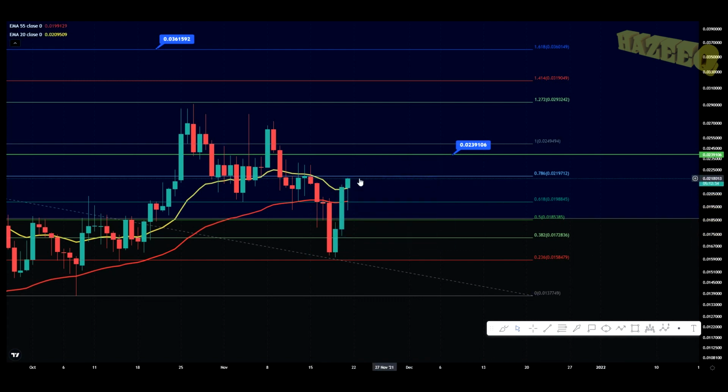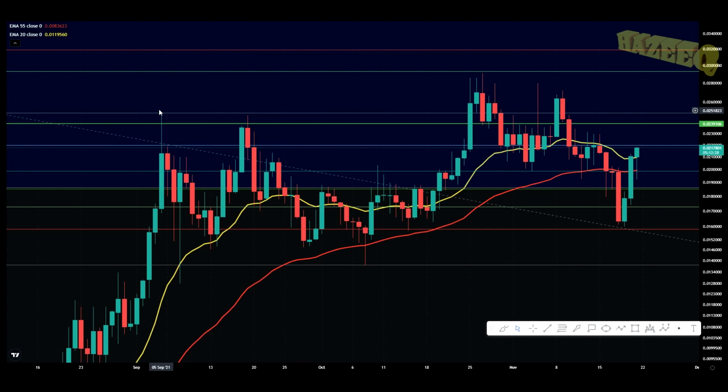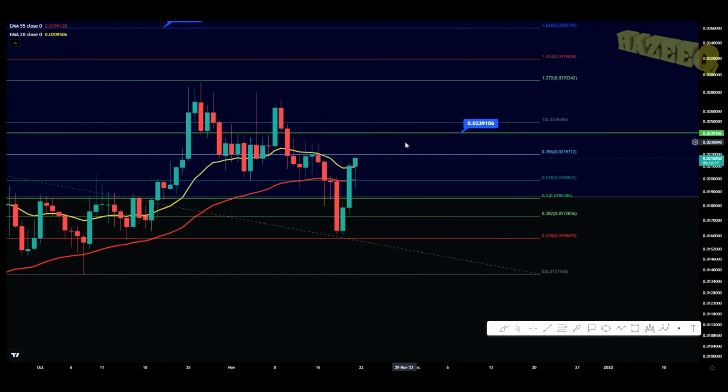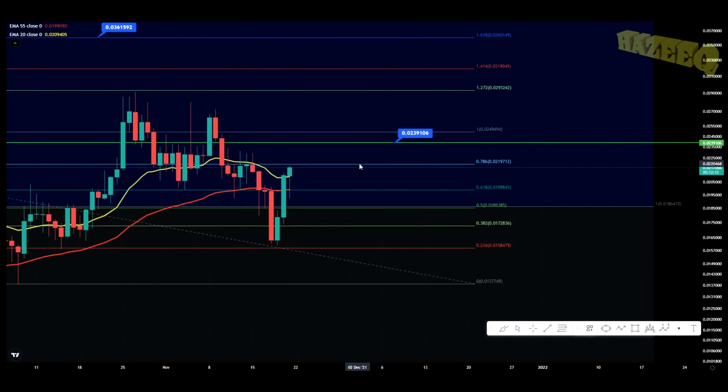So we're coming up to the 0.786 on the fib. We do have a fib set up from the swing low over here. We do have the swing high September 5th, swing low October 8th, and we've come up to the 1.272, had the pullback all the way down to the 0.236, and now we're starting to come back up. We may hit our head on the 0.786 over here. This is sitting at